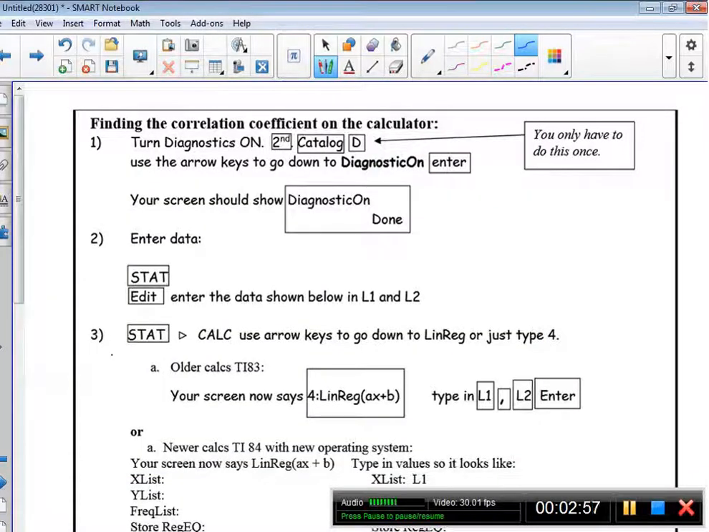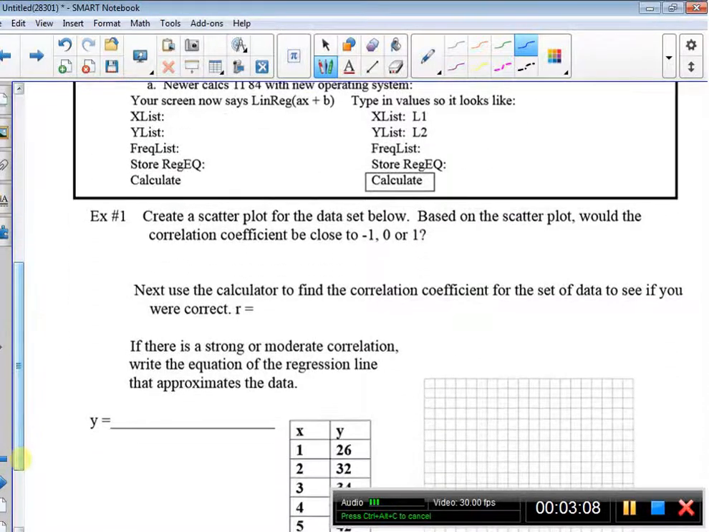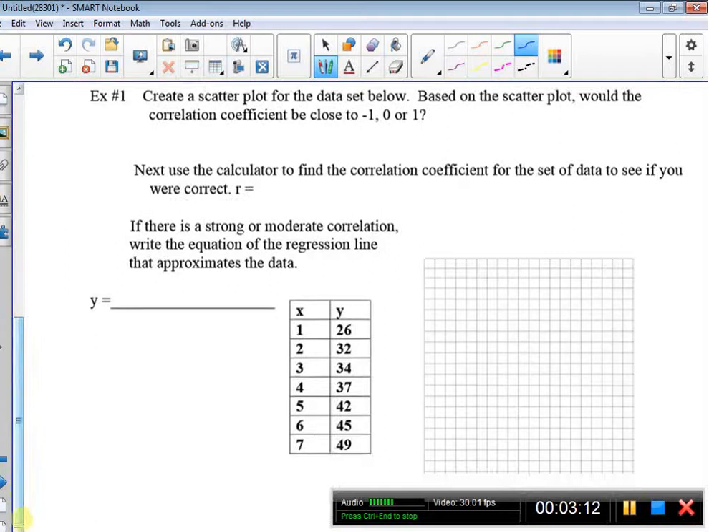Okay, then I'm going to enter some data, and all of the rest here are directions about how to get the linear regression. But let's first look down below. It says create a scatter plot. So let's first do that by hand, and then you can see it on the calculator as well. So I'm going to have y and x,